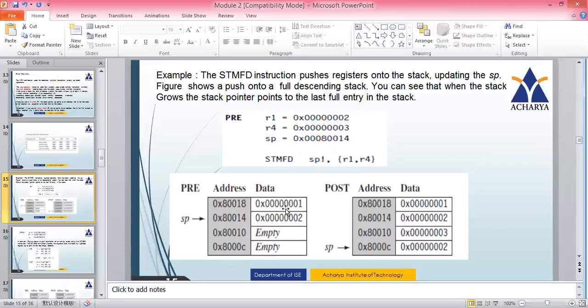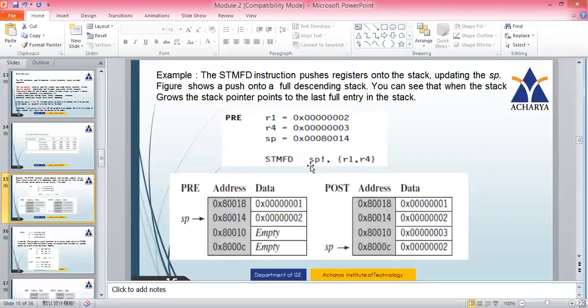It is a full stack with the decreasing order. So that is why we are using the instruction. This F is nothing but full stack, meaning the stack pointer is pointing to the top of the stack. Descending means addresses are decreasing. So now what operation do we want to do? Store operation means I want to move some elements onto the stack, which is a push operation. Anything I want to push to the stack, we use STM, store.